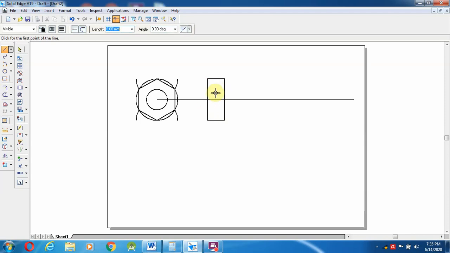After creating this, the next thing I'm going to create is the diameter of the bolt. Okay, the diameter of the bolt is 24 mm, so from here 12 mm, and again on the other side. Then comes the bolt length.